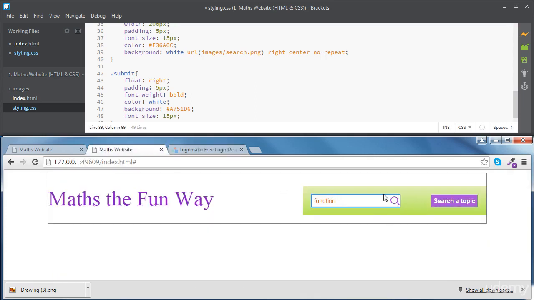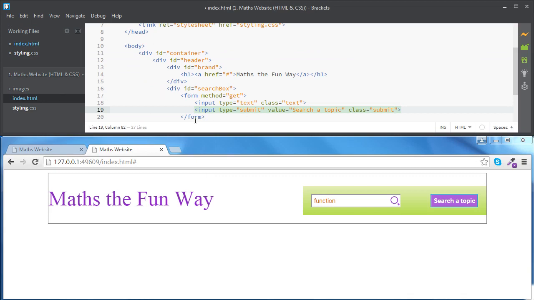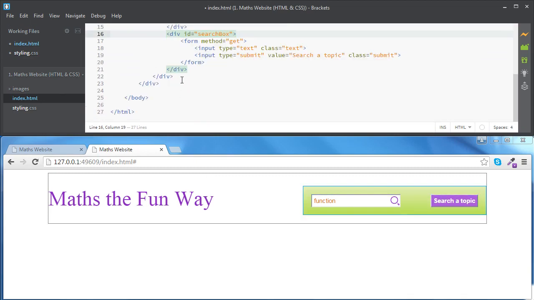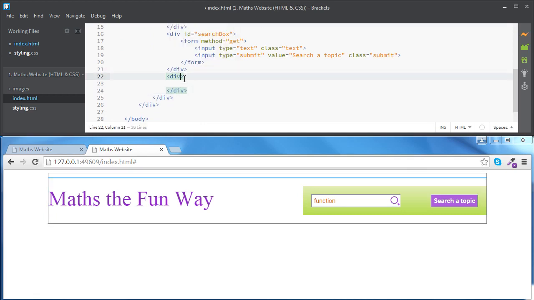website. All right, for now, we're not going to have any other elements inside our header, but it's good practice to clear the floating elements. Okay, so what we're going to do, we are just going to add another div, an empty div, following the search box, and we're going to give it a class